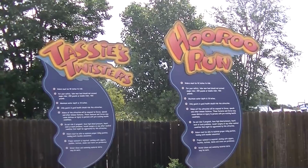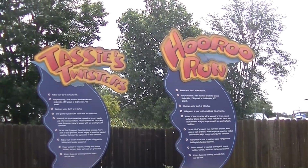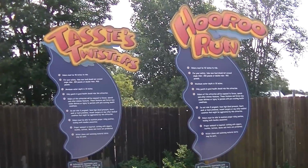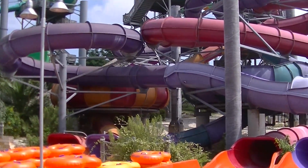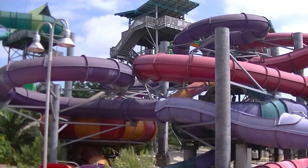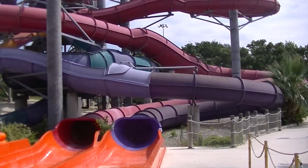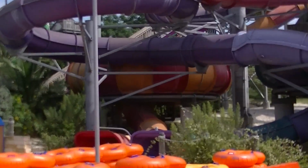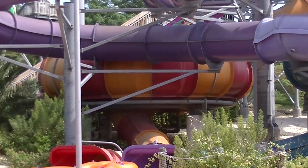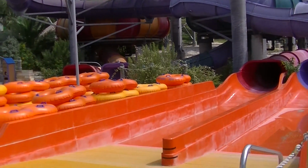Welcome to Tassie's Twisters and Uru-Run. Well, you heard him. These are the 2 slides we're looking at now. There are 2 of each of them, and 2 of them are bowl slides, 2 of them are regular tube slides. I usually don't like tube slides a whole lot, but these ones are pretty good. They've got some nice twists and turns. They maintain their speed pretty well, and I'm always a fan of the bowl slides at the end. They set you into these funnels that you spin around, I don't know, 1 time, 2 times, 3 times, something like that,